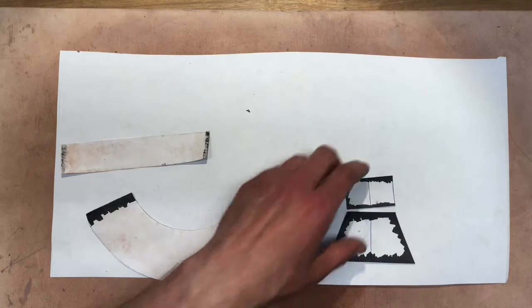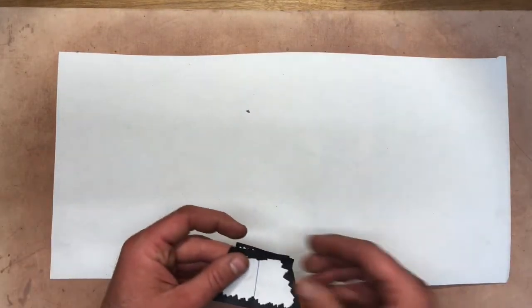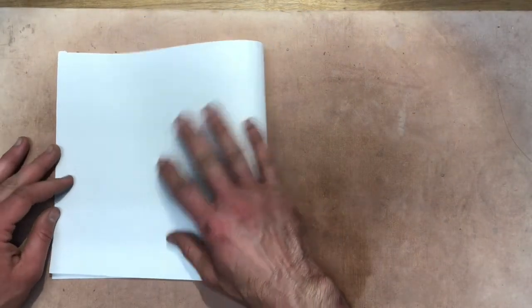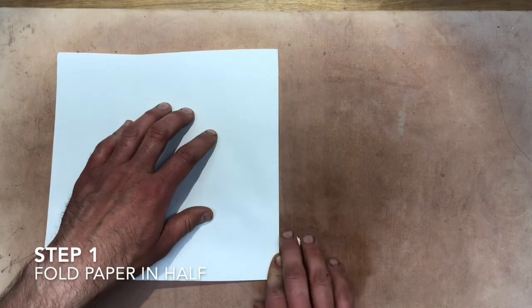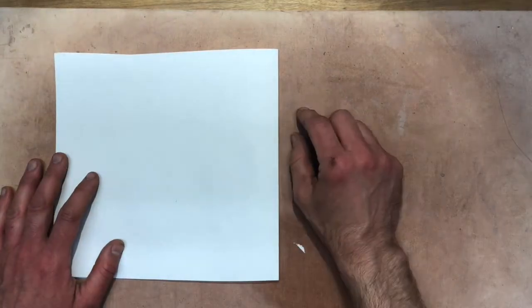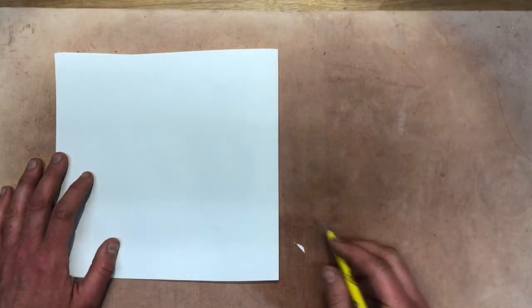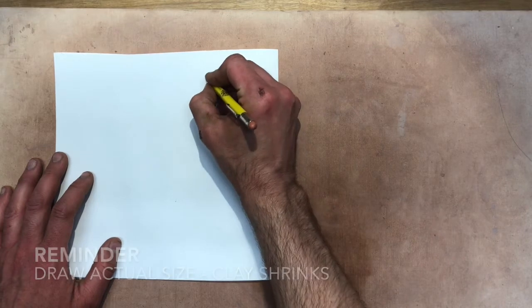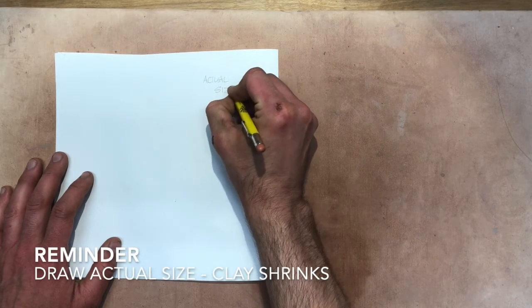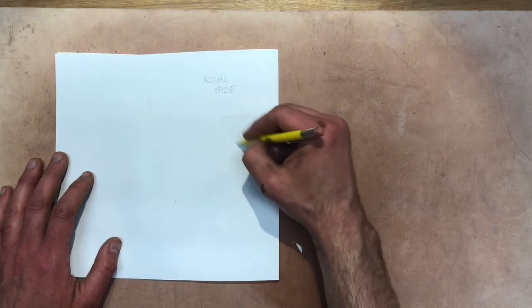The first thing that we're going to go ahead and do is fold our paper in half. Why I do that is because it allows me to have a perfect mirrored image on the other side. So I'm going to go ahead and sketch out an idea. I want to think about this because I want to draw it actual size. So whatever size I'm going to make it, right now I'm kind of just concerned about making it